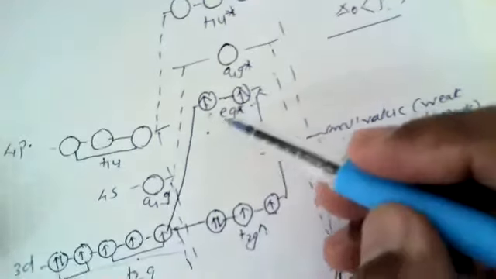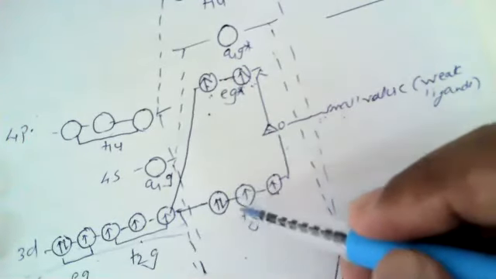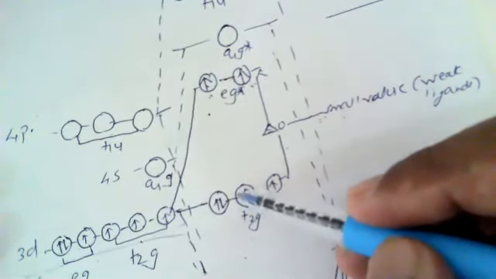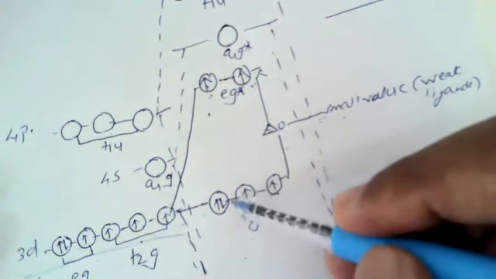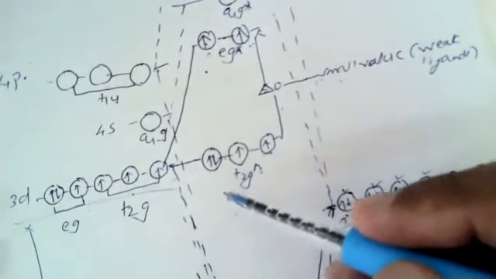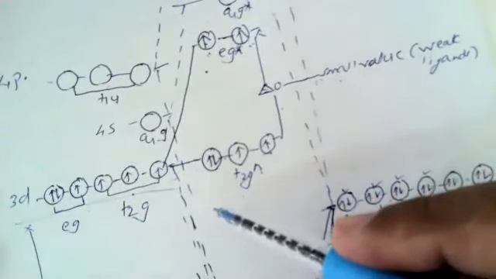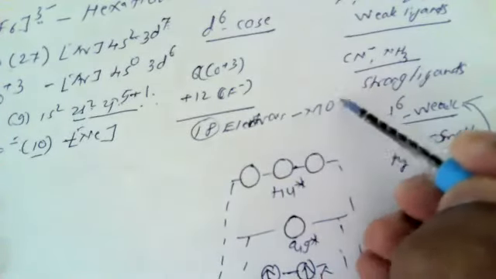But there is no other alternative, no other choice than to pair according to Pauli's exclusion principle and Hund's rule, and hence the 6th electron gets paired here. So now we have to check whether our diagram is correct or not. How can we check? 18 electrons must be there in the molecular system.